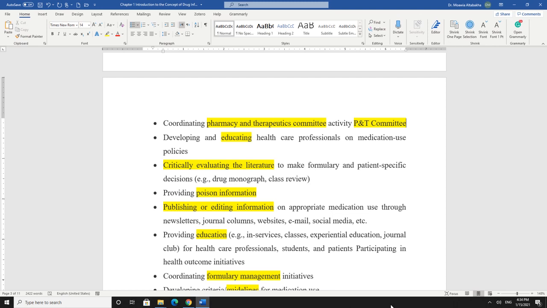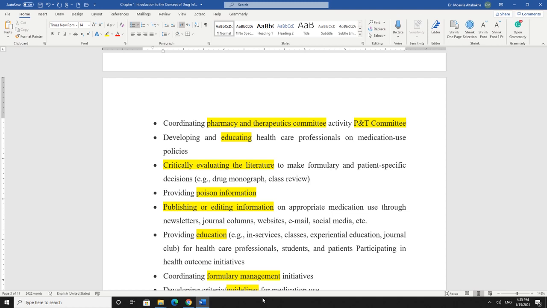You know any hospital will have drugs, will have medications. Okay. What are these medications? Of course, the ones that are approved by the Ministry of Health and Prevention. Will they include all these approved drugs? Of course not. They will not include all the products. They will include the drugs that they need and benefit from and can prescribe. What about new drugs that are approved? Do I add it? Do I get it? Of course, who is responsible for this? The Pharmacy and Therapeutics Committee.